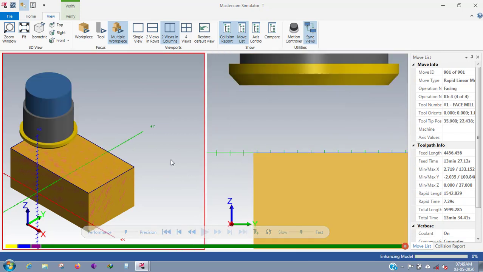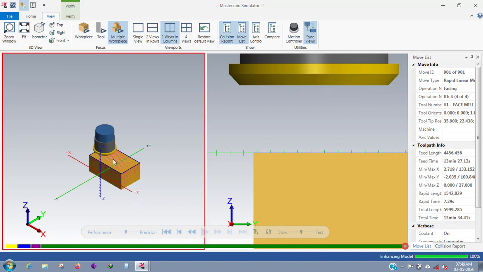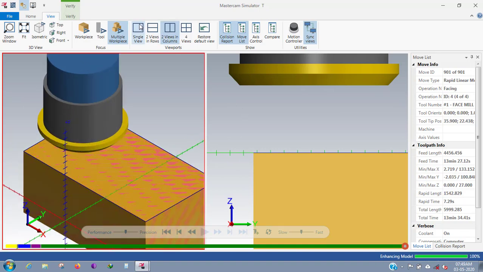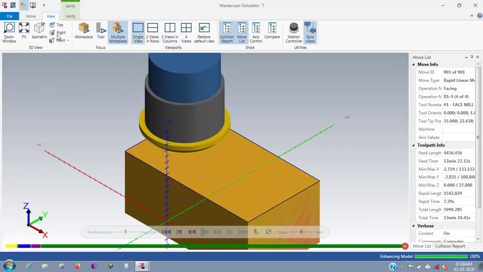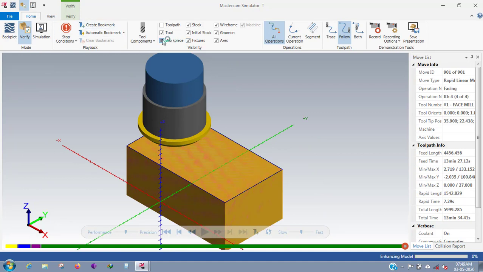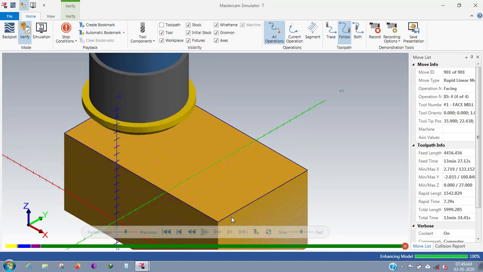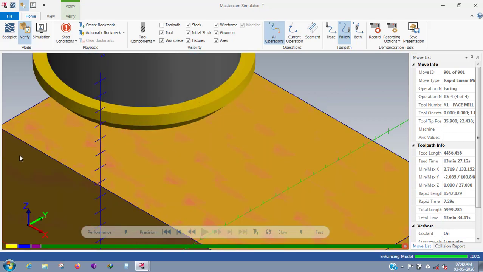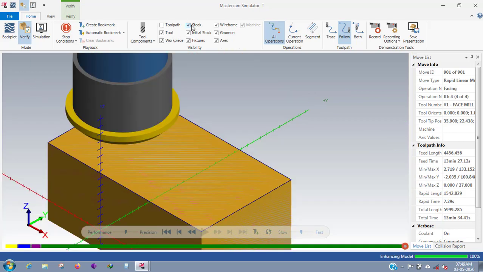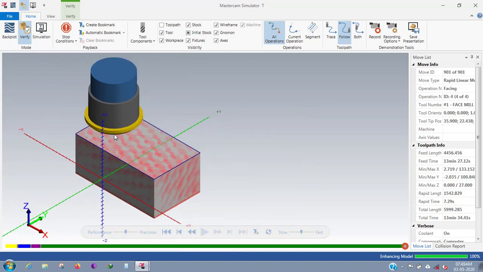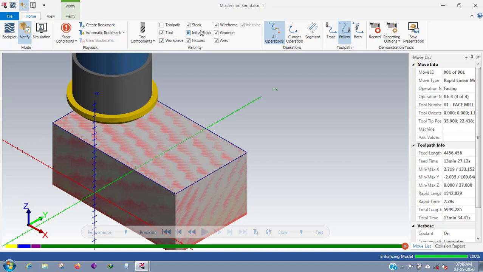Okay, and this is the comparison of workpiece and the stock. Okay, it's finished. Okay, if you see the red and gray, the gray color is the workpiece and the stock.